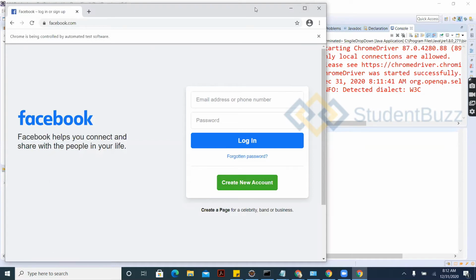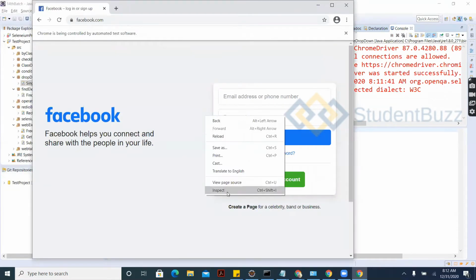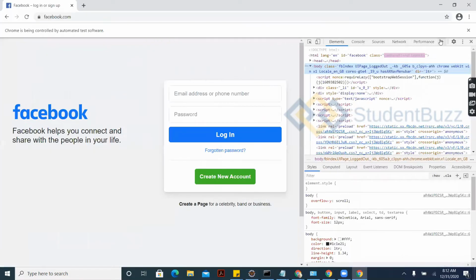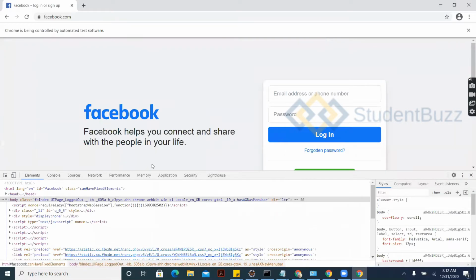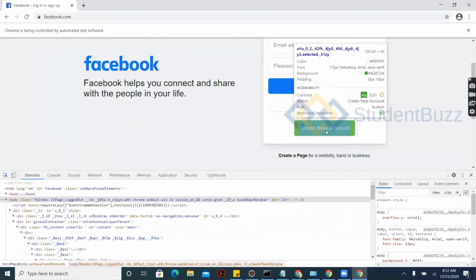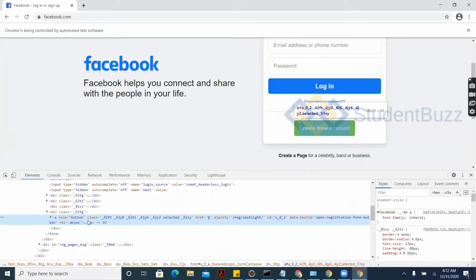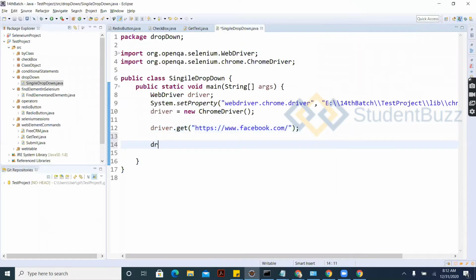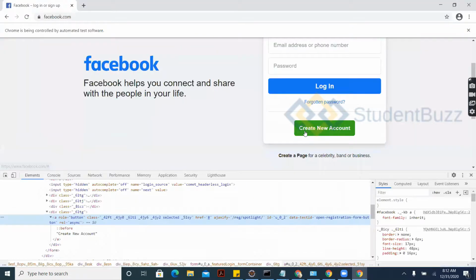So inspect now here. Inspect it to click on create a new account. So do we have any ID we have? So take this ID to click on the create new account. driver dot find element. Just we want it to be